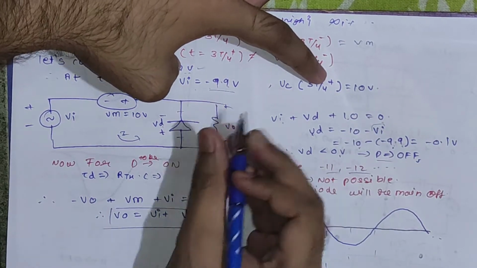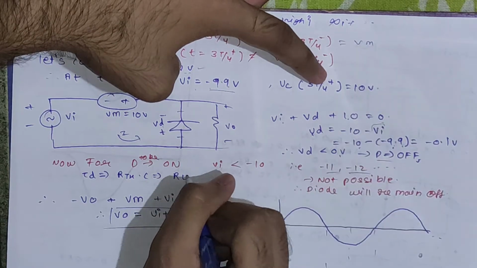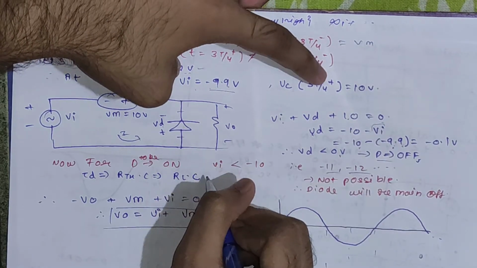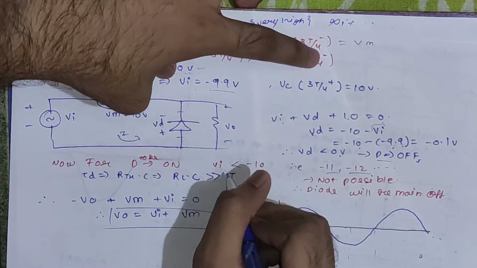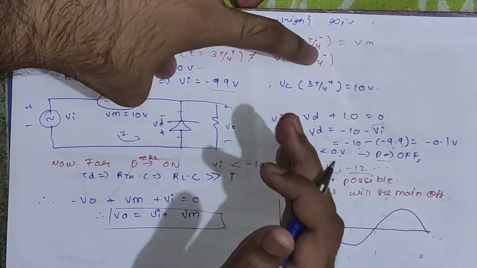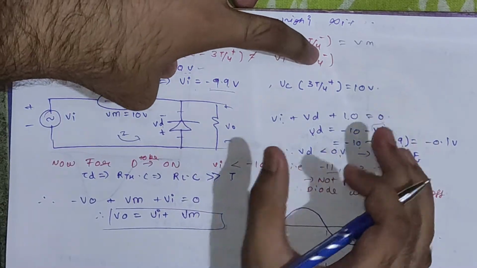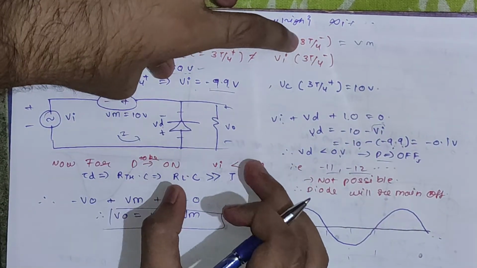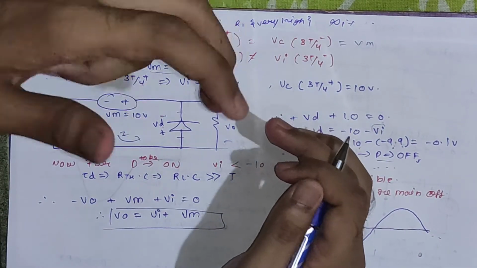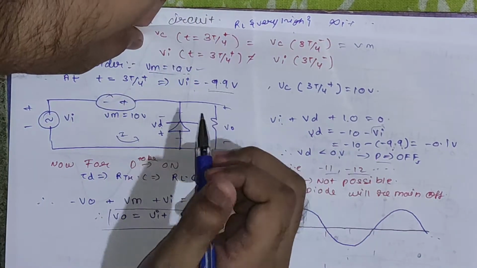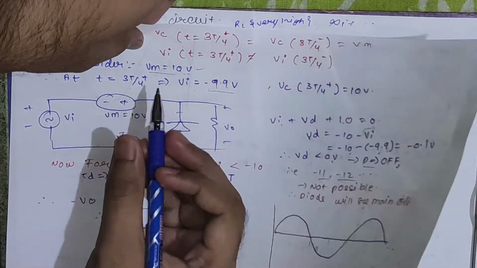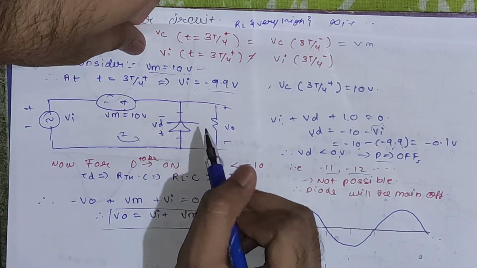RTS for this time is nothing but RL, so we will say RL into C. You can see this value is much higher than the time period of our input waveform. So we will say at this time the discharging of the capacitor won't happen. At this phase the capacitor will simply act as a voltage source with the voltage of Vm. So at the end you will get only this input voltage, this voltage source and this resistor at your